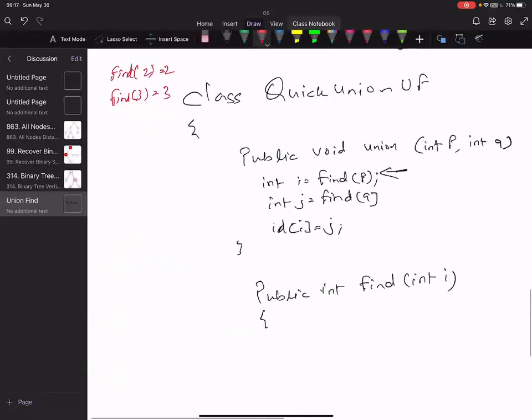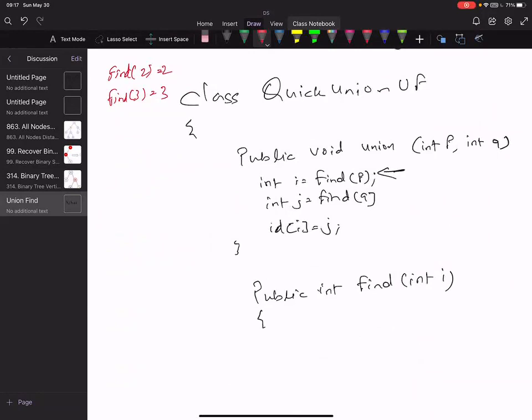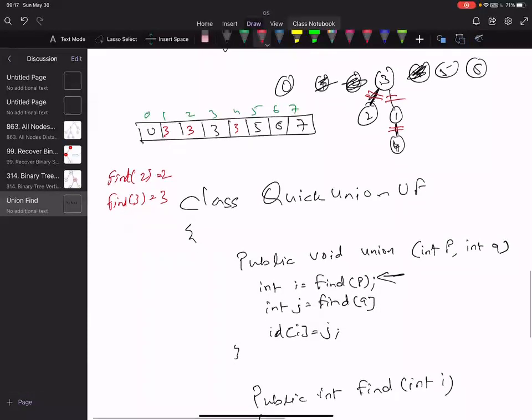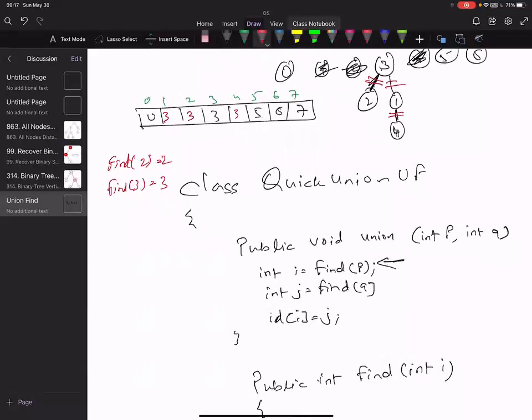So to implement this find, if it is this kind of tree structure, this is a quick union, right? Actually, we can straightforwardly do line number 3 without line number 1 and 2. I'm just thinking, you can always do that. Ideally then find is not required, I think. Oh, find is not required? That is interesting. What can we do?